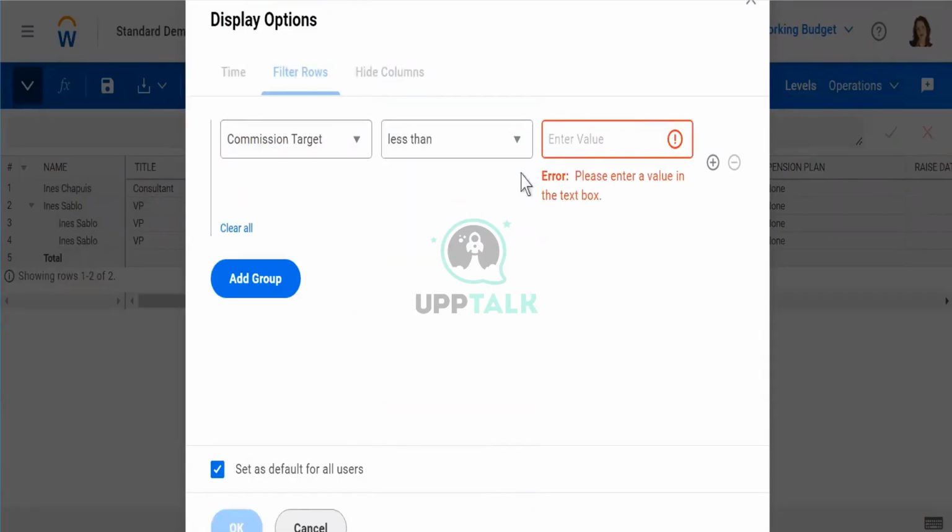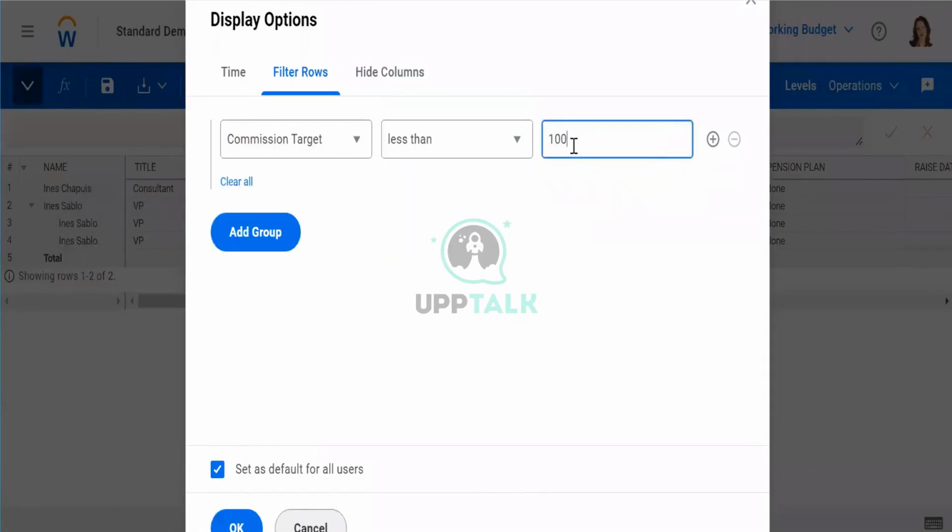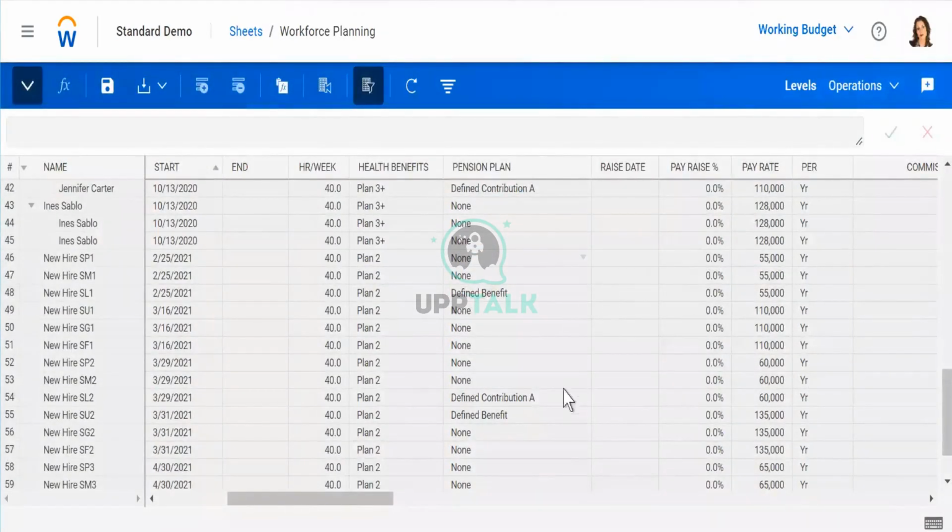You know, less than say 1000. Let's say this much value. You can just add this and you will get those rows where the values are less than the mentioned thing in the filter. You can do all kinds of filter options in the model itself. You don't have to download and do everything. You can just save it using this filter option.